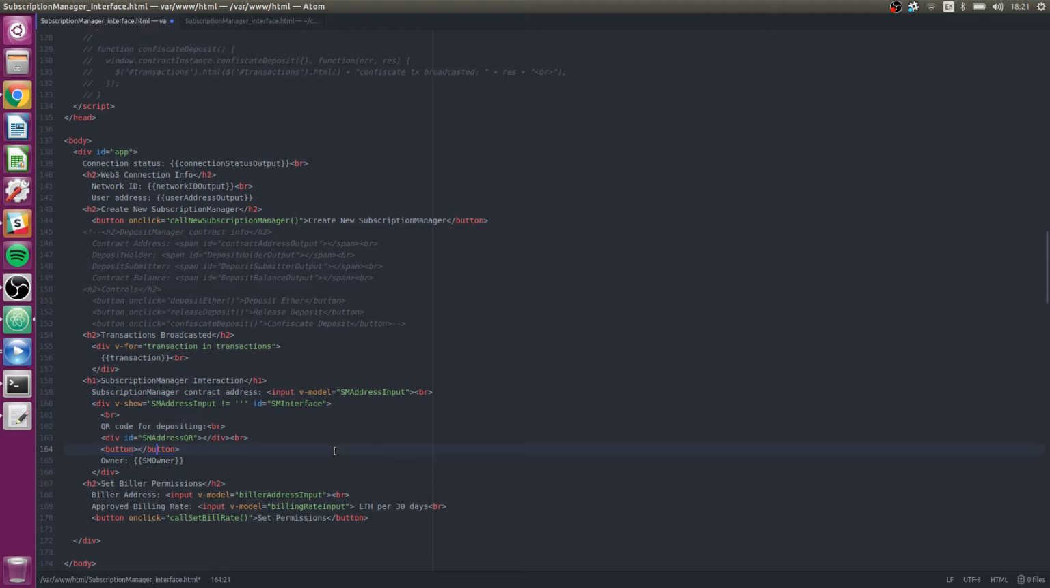And what's the text of this button going to be? Just deposit. I guess that's pretty basic, huh? And we're going to make the on-click equal to a function called, what do we want this function to call? I guess just deposit, call deposit. Well, remember there's no deposit function in the contract. This button should really just trigger a regular Ether transaction to the contract address. So